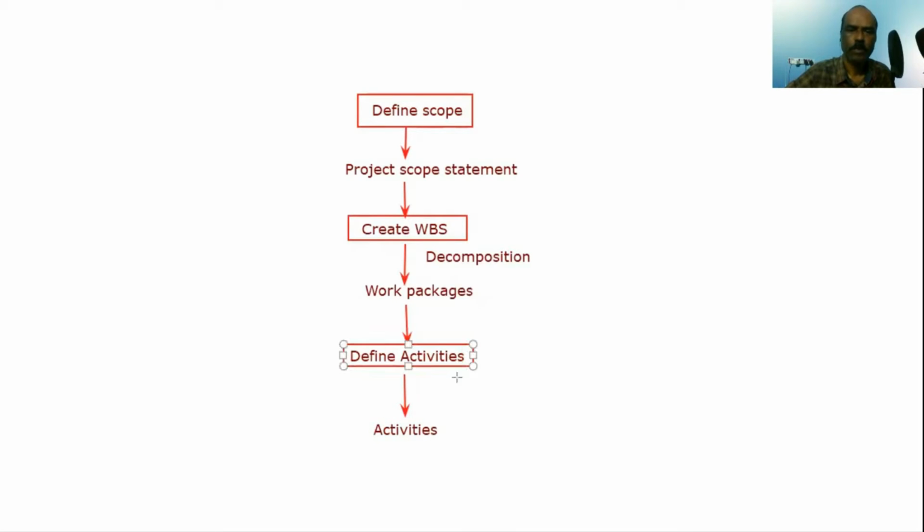So what is the technique used here? Once again, decomposition is the technique. So two levels of decomposition. The first level you decompose into work packages. The second level you decompose into activities. In a real project, you may not see this difference. Generally, we might continue without stopping or having a break. You take the project and then break it down to the level of activities. But if you try to understand the concept, it's actually work packages first and then activities second.